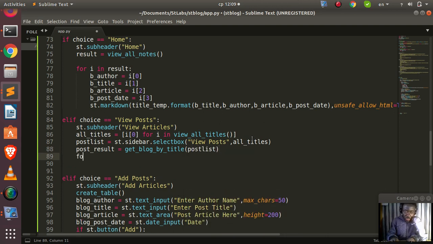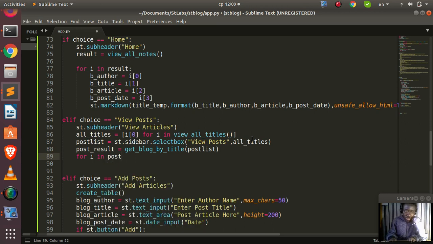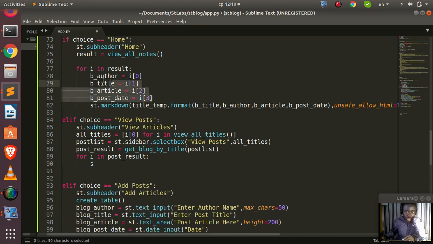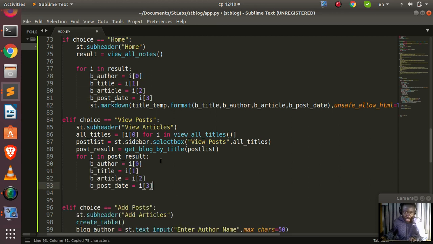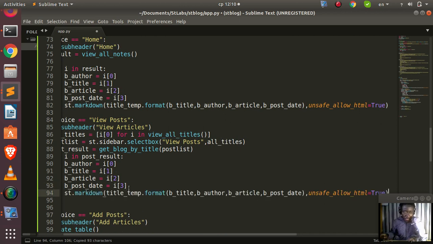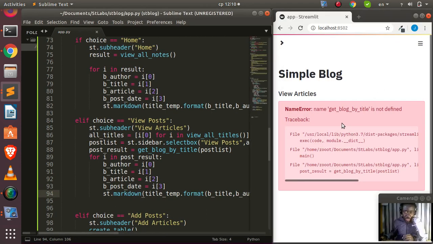Then now I can just go with for i in my post results. Then I'll do the same thing. So I can do the same thing as I did above for the markdown. So it's the same thing we did here. Same thing we did here. I can just copy the same thing here because it's going to be the same thing. Then I'll just use the same markdown that we did, right, to help us see it. I can copy this one here. Then let's bring it down here, right? So something very simple. Now if I check it back here, it's not working, right, because the function get blog by title